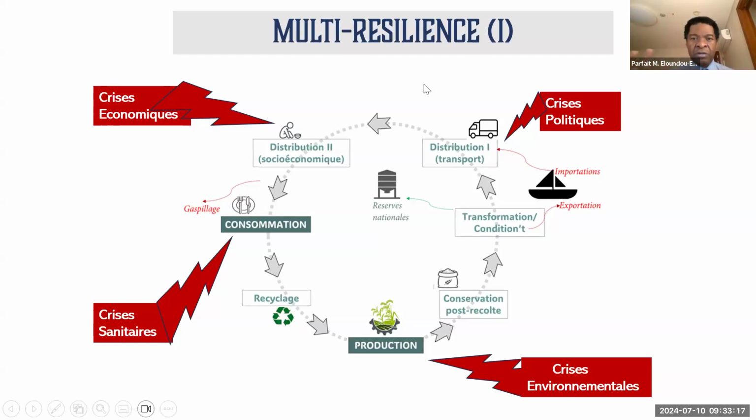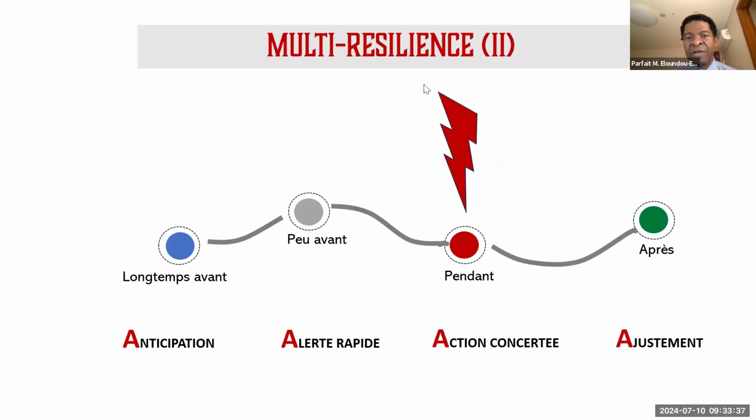So you have to kind of integrate the food system and make it ready and nimble to address all of these crises, hence the notion of multi-resilience. But multi-resilience also means being able to address this crisis at different points of the crisis, before, during, and after. And before, we want to build